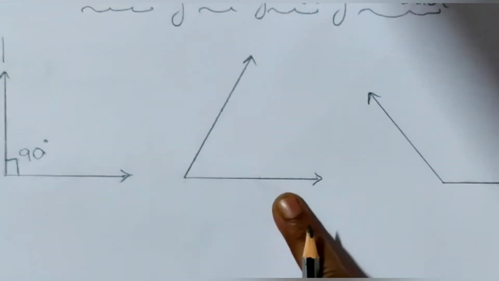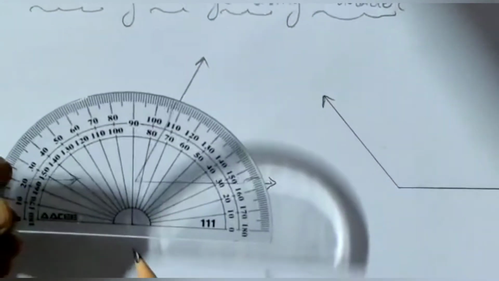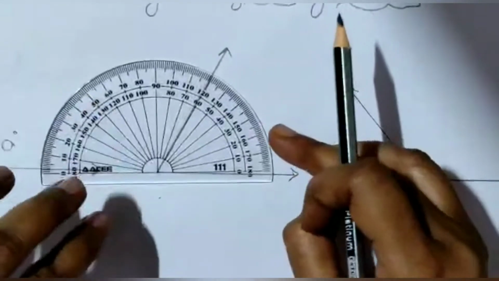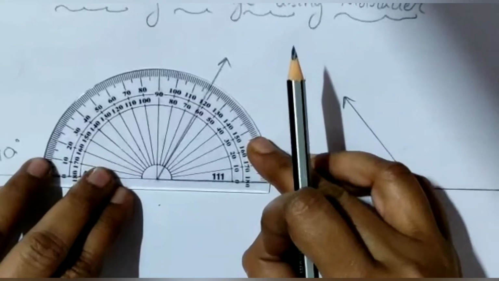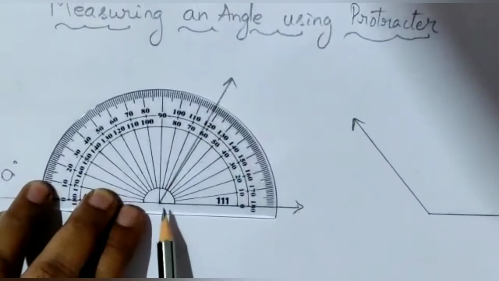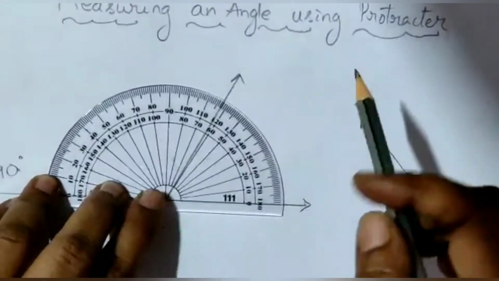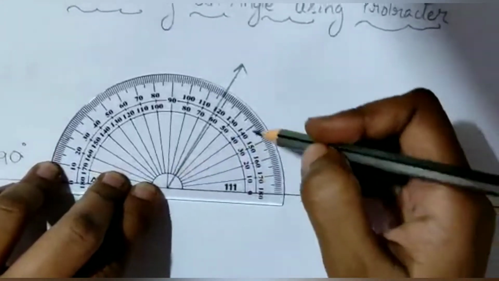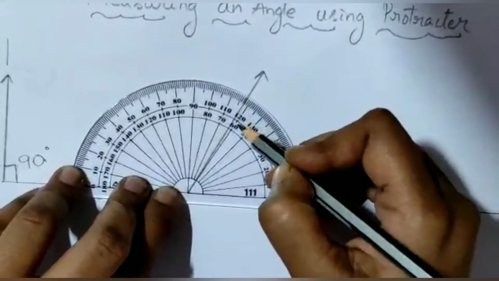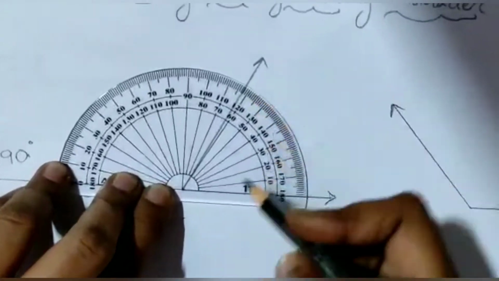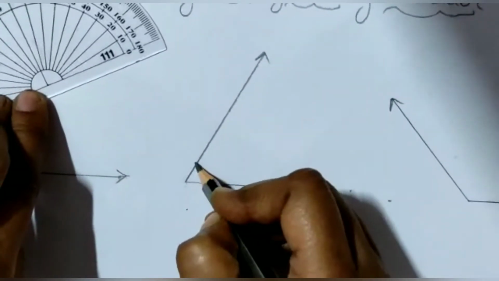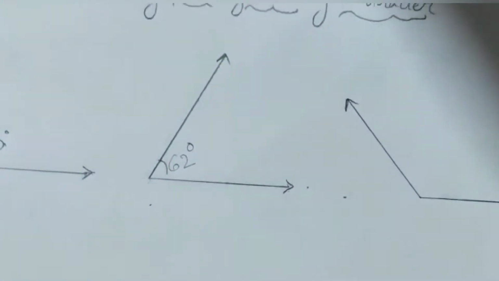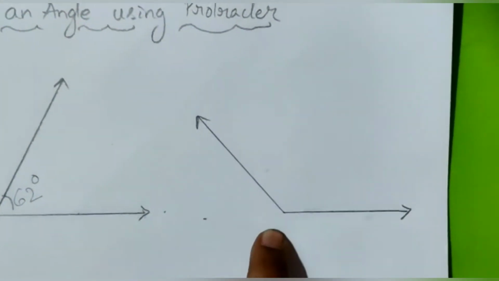Okay. Now let us measure this angle. As usual, the center of the protractor and the vertex of the measuring angle should coincide, and the base arm and baseline of the protractor. Now along with the second arm, check how many degrees you have. Let us check. Here it is the inside angle, we need to check 60, 61, 62. So the angle here is 62 degrees.